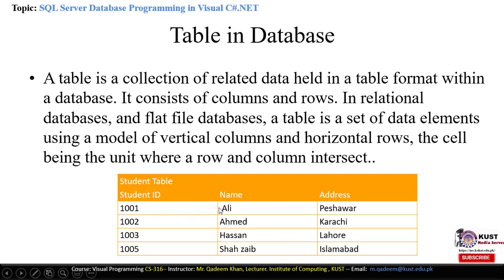So in each column and row, there may be a particular cell. For example, this one is a cell and it stores the name Ahmad. Similarly, Karachi is another cell and it stores the address of Ahmad, and the Ahmad ID is 1002. So you can see this is an example of a table, and we will use a certain example in the